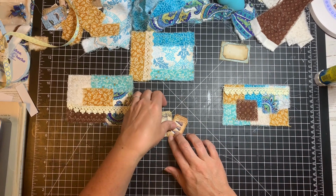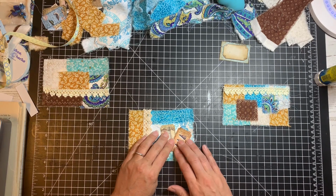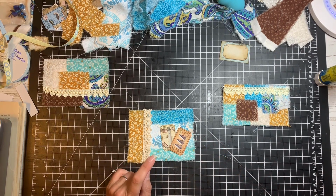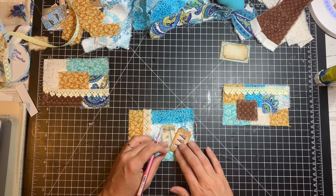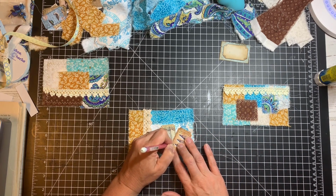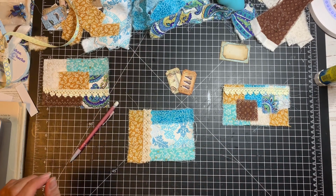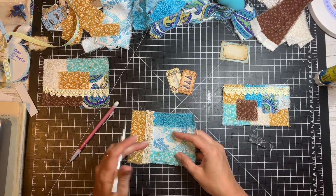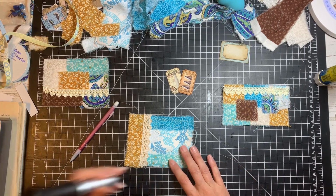And I need to decide where they're going to go on my card or on my pocket, because I am going to want to punch a hole in here as well. So let me just grab, of course I don't have any of my good pens. Maybe I'll try this. I'm going to see if a pencil will work okay here. And then I'm going to take a paper piercer. And actually I could probably do this one with that tool as well. I think that might work just as well